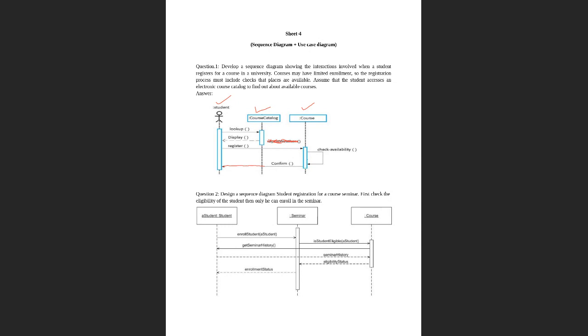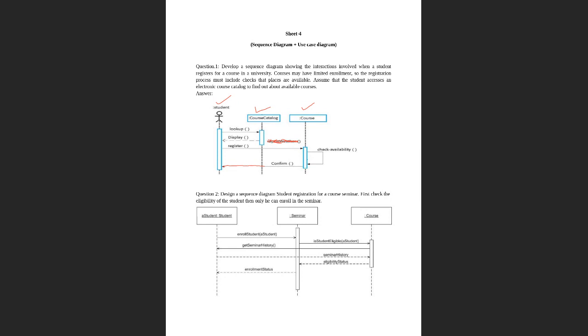I forgot to mention this: remember this is an object, right? Sometimes you will have the name of the object written here, and the instance of the object is also mentioned, and here the name of the object is not mentioned, only the instance. It means objects can be complete objects, or they can be anonymous, objects without a name. These anonymous objects have no name. They show only the instance, seminar and courses. This one has an object name and also an instance: a student. A student is the instance.